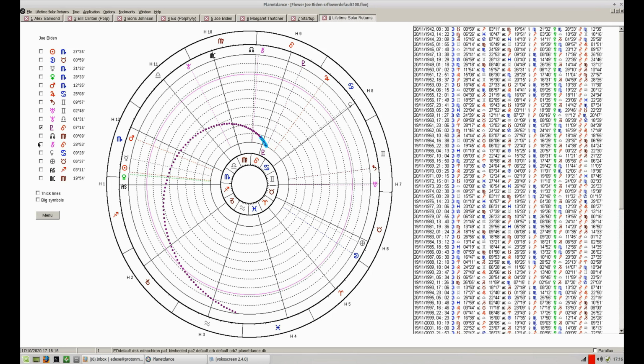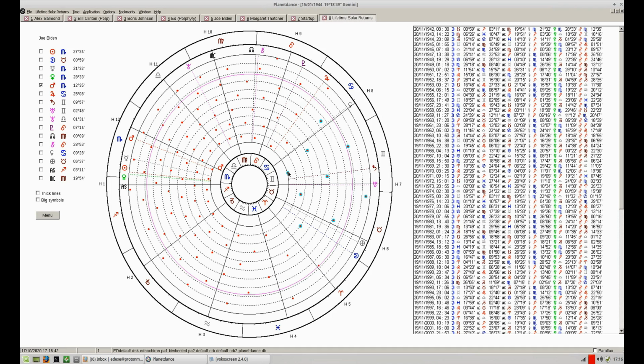And if we switch this off, we can see the various other positions. The retrograde positions at the solar return are indicated by the position markers, in this case for Mars, highlighted by a turquoise ring. So that indicates that this is a retrograde Mars at the solar return.